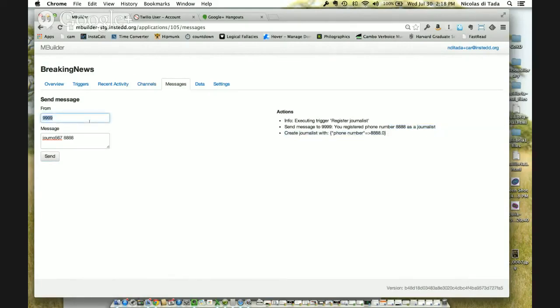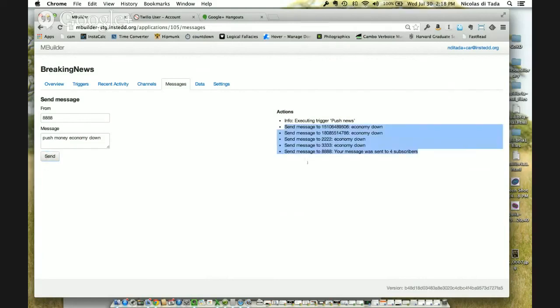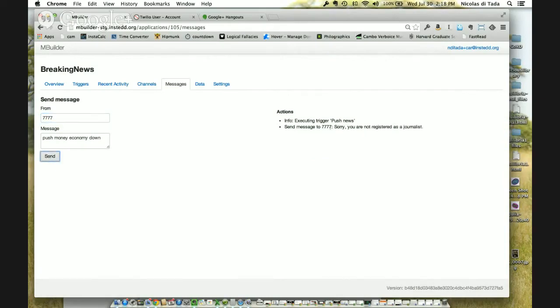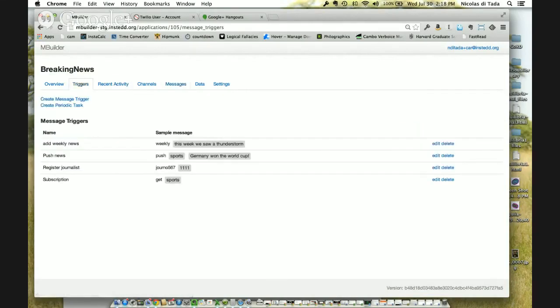So now if I send from the phone number 888 and I send push money economy like this, it allowed this person to do it. And just to verify that it's not doing the same with others, if I send it from 777, it's telling me that you are not registered as a journalist. So in that way you can create your own triggers to manage the database and add new